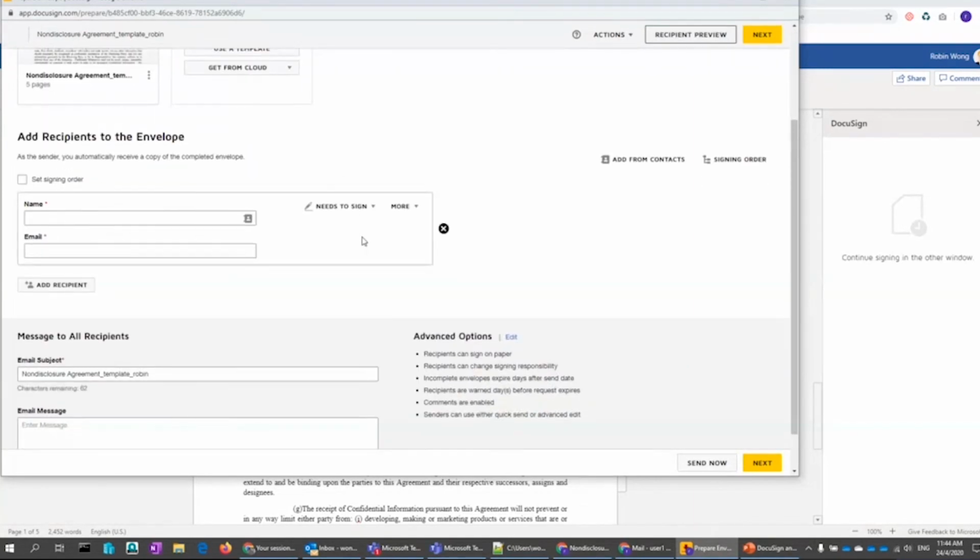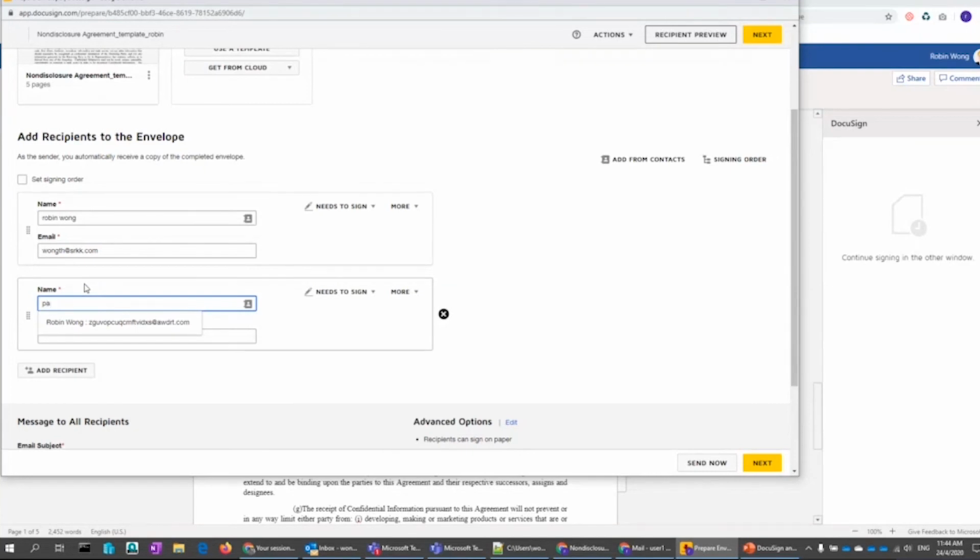Now, I need to specify who I want to sign, right? In this case, let's say I want to send it to Robin, of course, with a different email. For this NDA, I will need Robin to sign. Maybe I also need another person to sign. I need 2 people to sign. In this case, I will use Patrick. And again, you can see one I'm sending to a business email. Another one I'm sending to Gmail. So it doesn't matter who the signer is. It can be internal, it can be external, right? And the best part also,